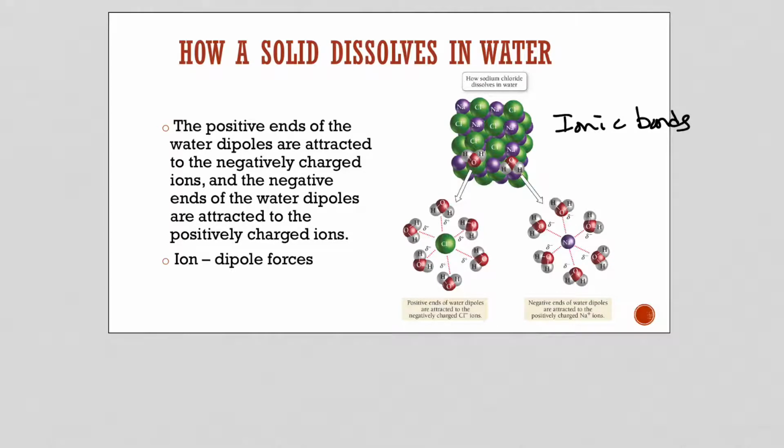Now, why is that possible? Well, the key is when you're melting something, you're not creating any new forces, right? You're just trying to break them down. But remember, when we're making a solution, we're going to replace those ionic bonds with new interactions with the solvent. And so, while this breaks down to give you the chloride ions and the sodium ions in solution,